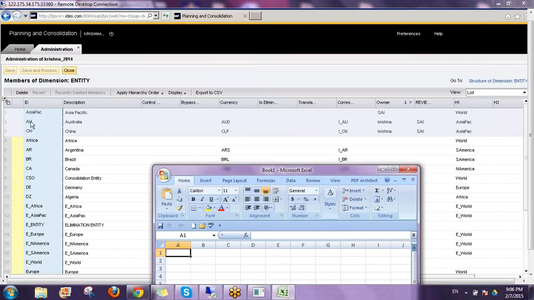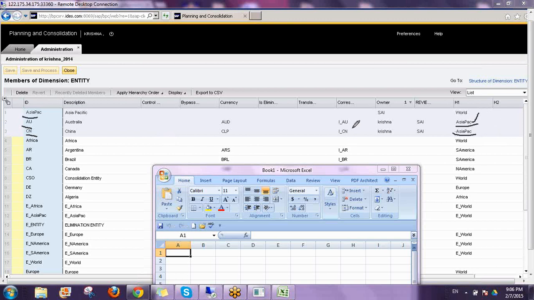Now if you see here, for Australia, the hierarchy node is Asia Pacific. For China, Asia Pacific. So Asia Pacific is the top node, which is the hierarchy node. So for Asia Pacific, who is the owner? Sai. So for SAP says